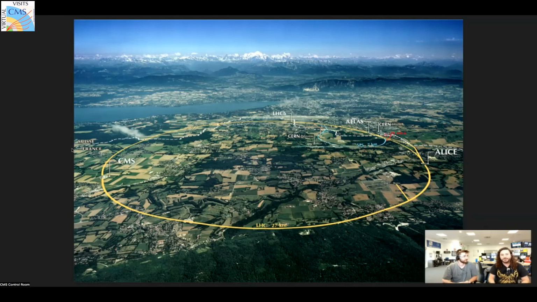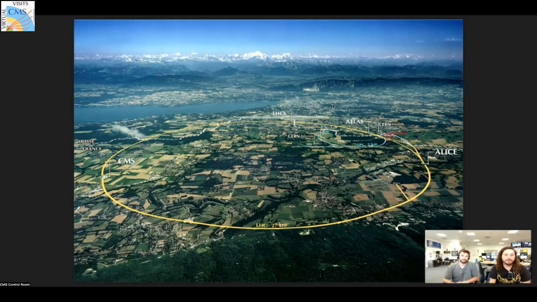Maybe just to give you a sense of scale, I had a meeting just before this virtual visit, and most of our meetings are in the main campus, if you will. It's where most of the CERN facilities and offices are. That's here where the mouse is, and it's also next door to ATLAS. So very convenient if you work in the ATLAS collaboration. But I had to drive, and it takes me about 20 minutes to drive from the main campus to CMS, which is here on the left side. You can see Lake Geneva in the background. You also might see the airport where it says LHCb. And then the city of Geneva is just all around the lake.